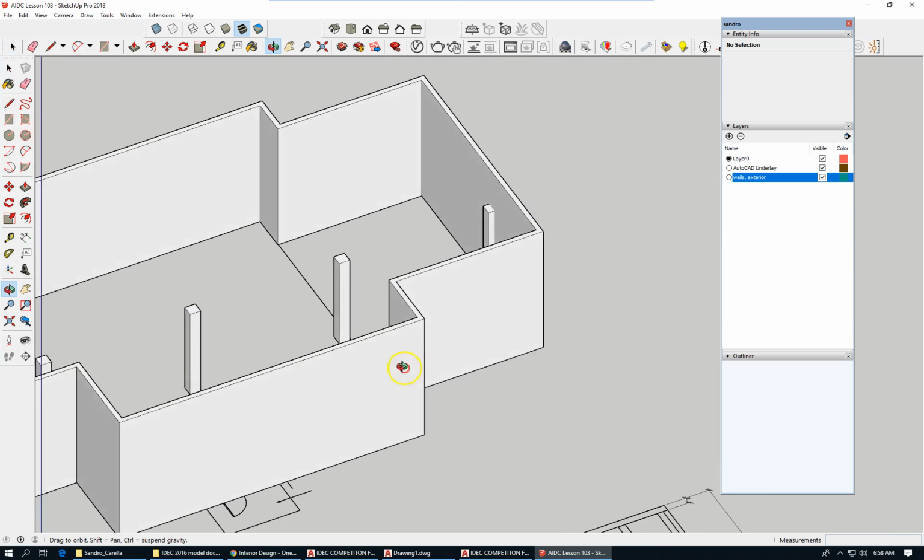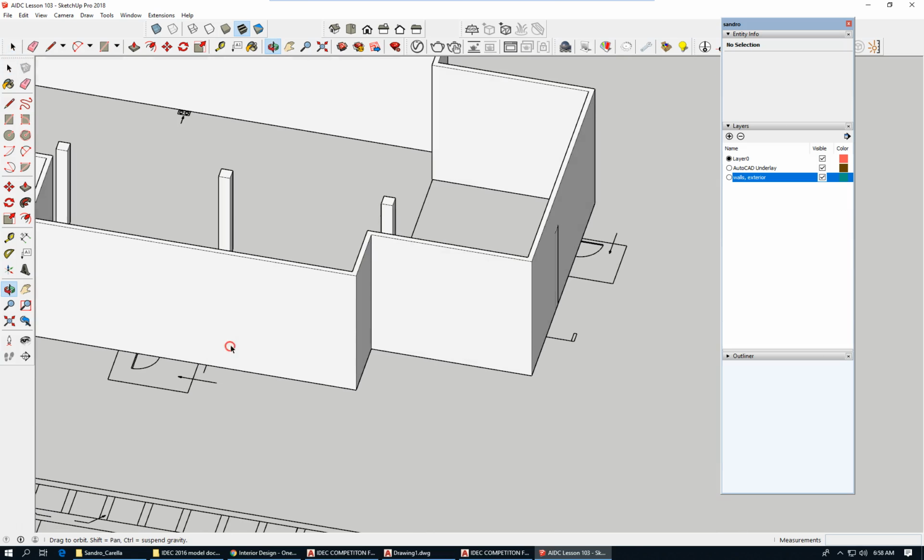So that's beyond the scope of what I want to discuss here, but what we have are column elements, 4 identical column elements